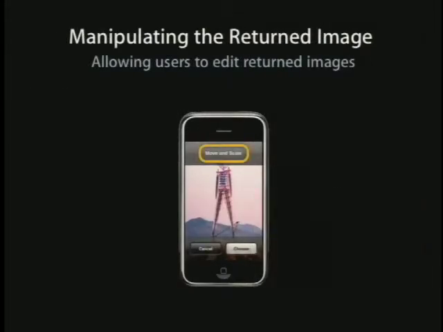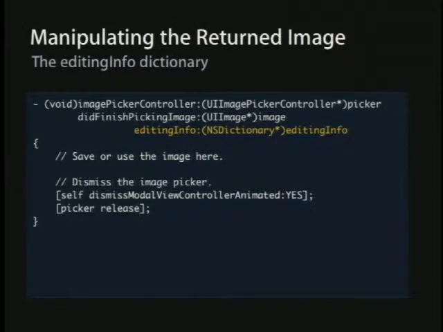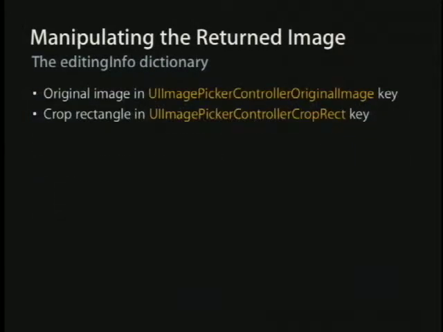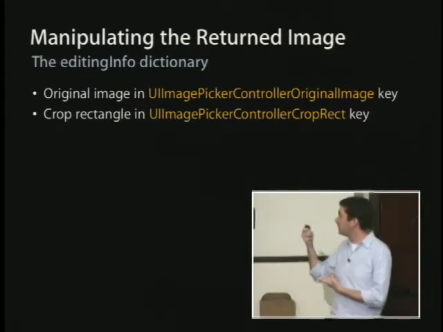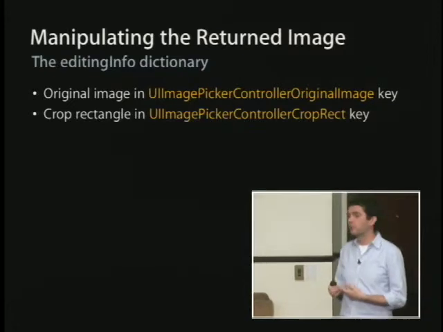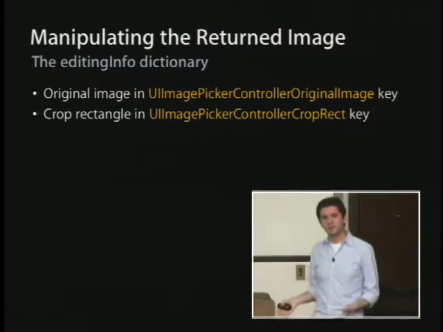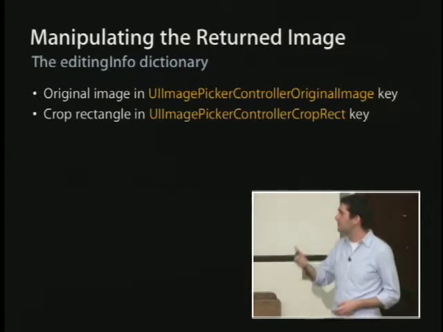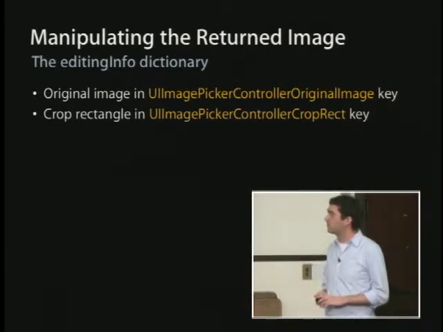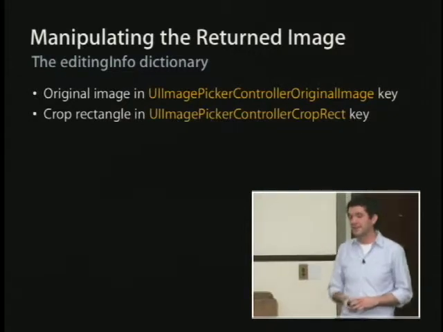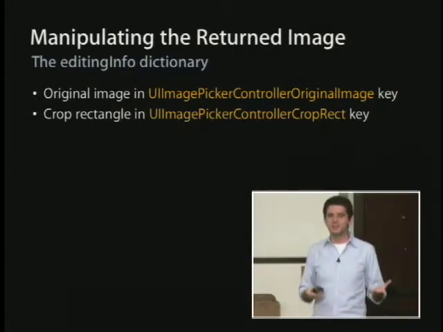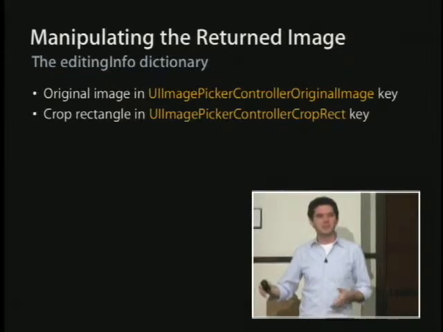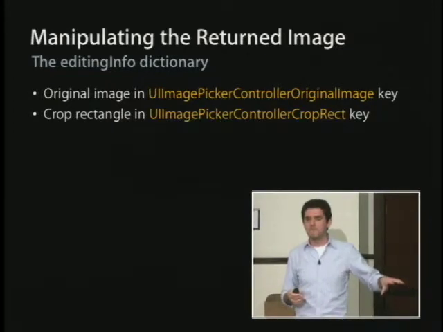We already saw that picture. So the editing info dictionary is that additional property there. There's actually two keys. The original image is going to be under the key UI image picker controller original image. And this, again, is a UI image that has the entire original image. So it's pre-cropped. It's the entirety of the image. And then the second thing is the crop rectangle, which will be under the UI image picker controller crop rect key. And that key actually contains an NS value that wraps a CG rect. So you can pull that out into a CG rect, and basically it's the rectangle in the source image